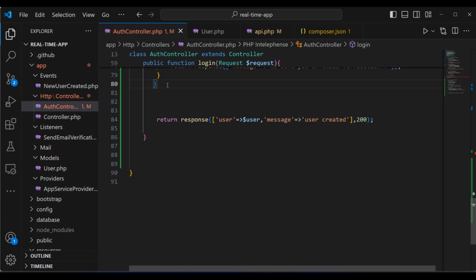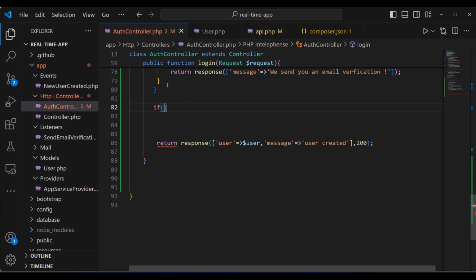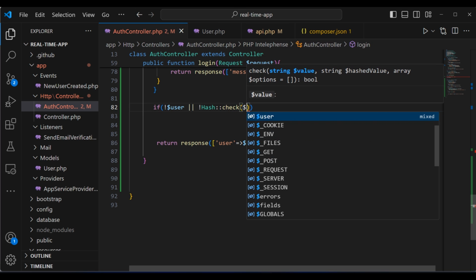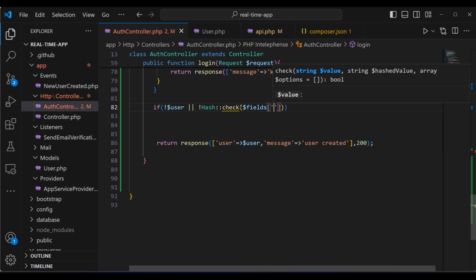Let me do this. We're going to do if user. We need to check if the user exists, but also we are going to pass here the hash check. We're going to check the user password. We need also to pass here if the user password is false, it is invalid. We are going to use the provided password. We're going to add the fields provided password, and then right here we are going to use the stored password,